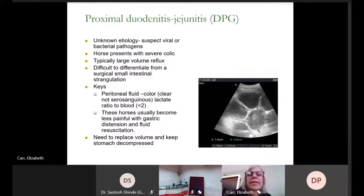Proximal duodenitis-jejunitis, or DPJ, sorry, I misspelled that. This is an enteritis that we see of an unknown etiology. It is suspected that there is a pathogen, a bacterial or viral. Salmonella has been at times suspected. Horses typically present with severe colic because they have profound ileus, profound small intestinal and gastric distension. And remember, gastric distension is incredibly painful. When you pass a stomach tube, you typically get large volume refluxes, anywhere from 4 to 16 liters,